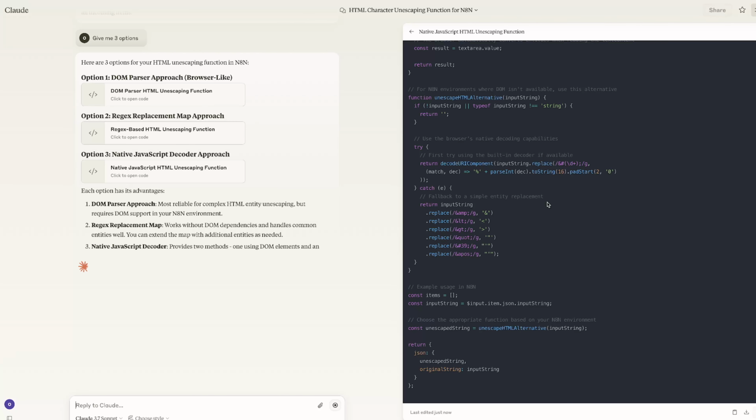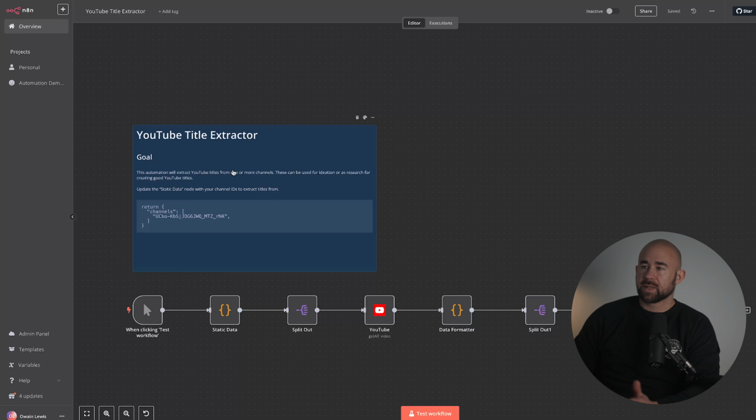Even if you're new to writing code, learning the basics isn't that hard, and it's going to really level up your automations if you can write custom code inside N8N. So let's dive in. All right, so the automation we're going to be using in this demo is essentially an